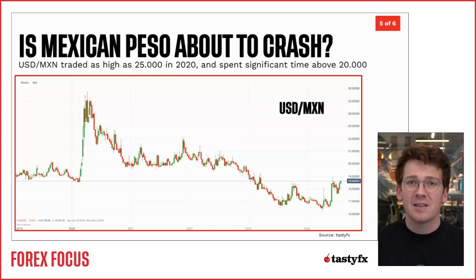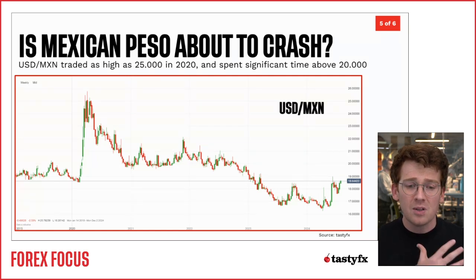But keep in mind, that was that pandemic weirdness, where almost every data scientist looking at data sets that include 2020 has to account for 2 or 3 months of data points that are really extreme relative to the long term. But that being said, prior to 2020 and coming out of the pandemic, trading in the 19 to 22 handle range was very normal. So definitely setting up for a potential crash for this peso, at least back to those levels,